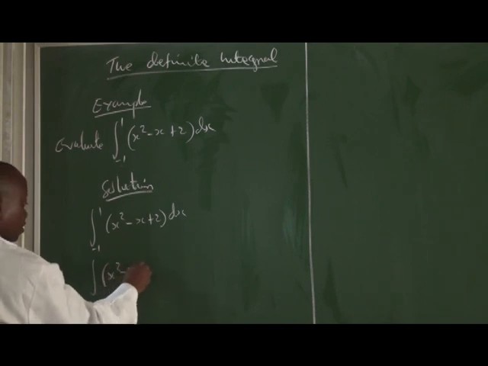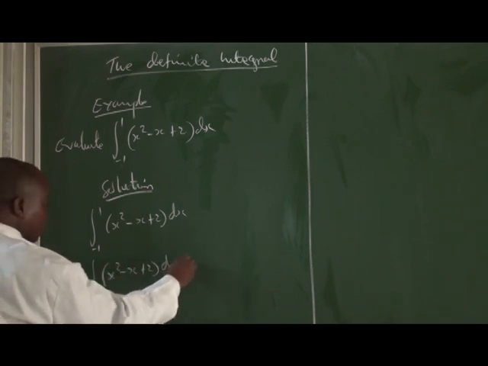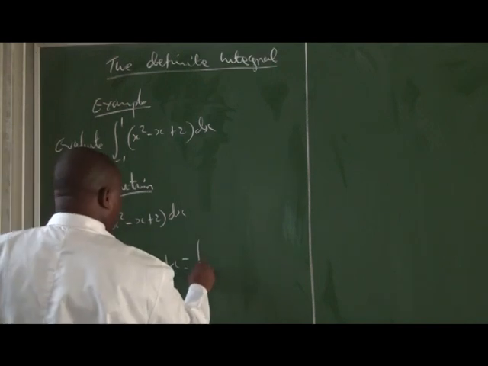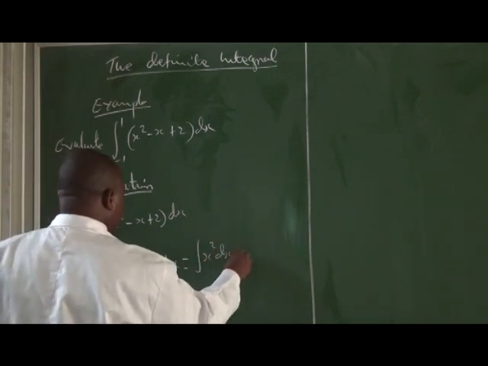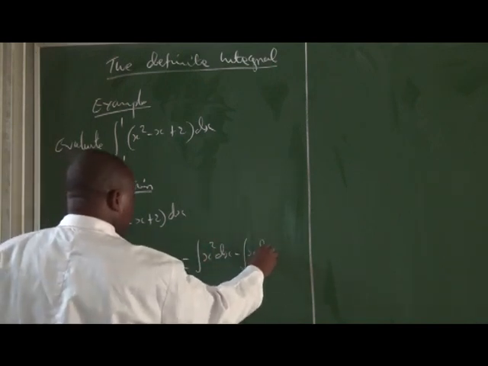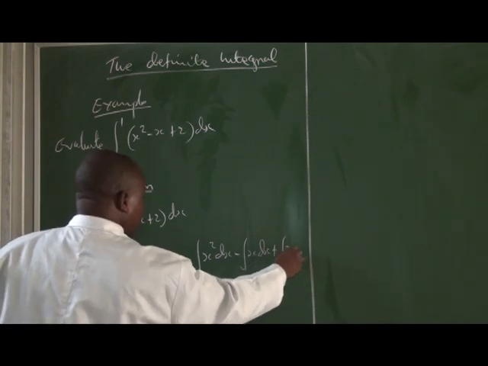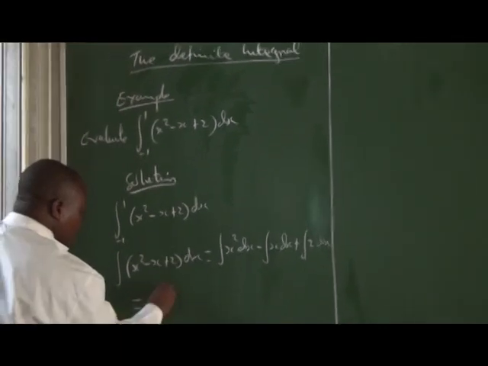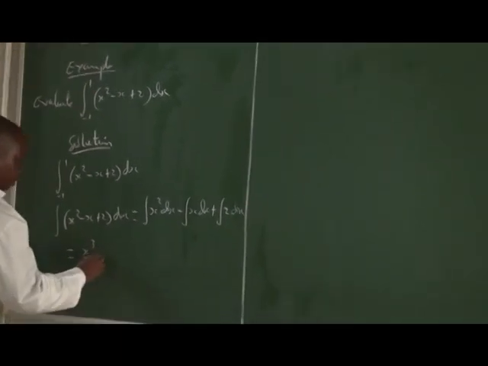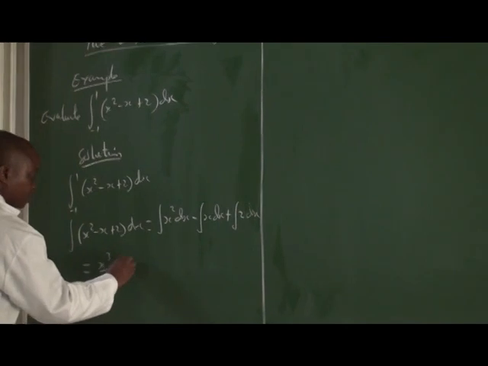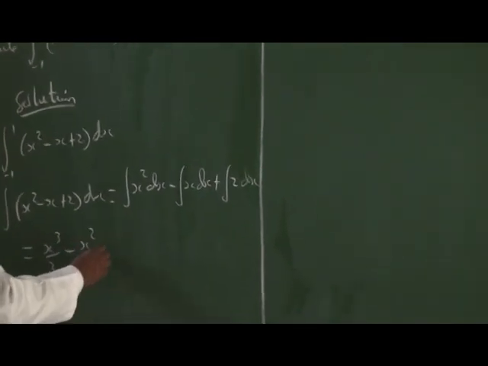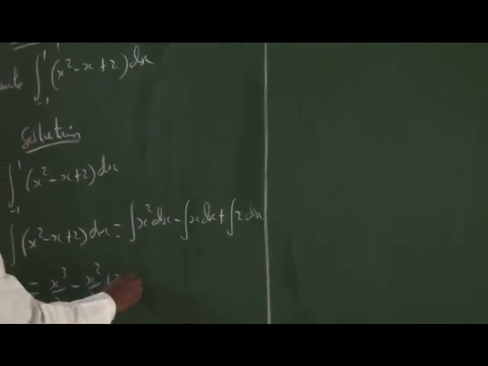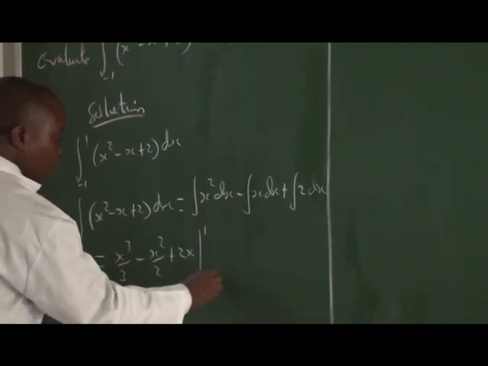That is x squared minus x plus 2 dx, which is equal to the integral of x squared dx minus the integral of x dx plus the integral of 2 dx. Of course, this will be x cubed over 3 minus x squared over 2 plus 2x. Then we put 1 and minus 1